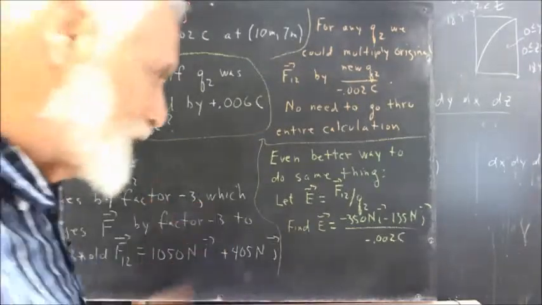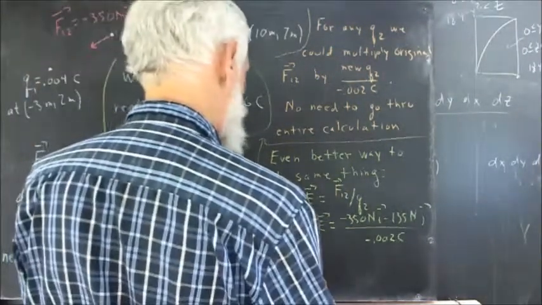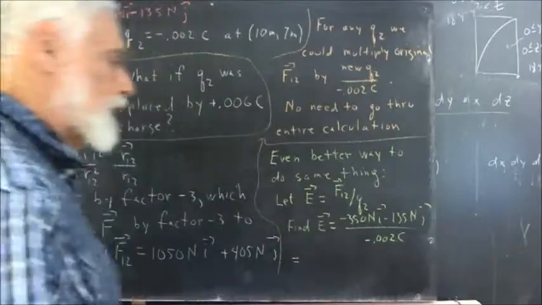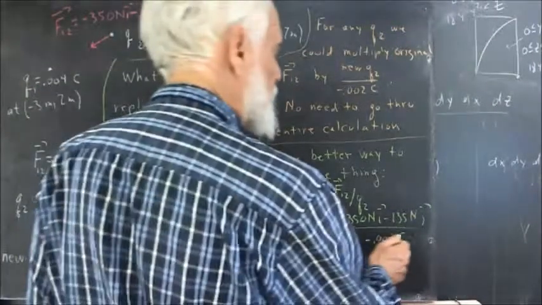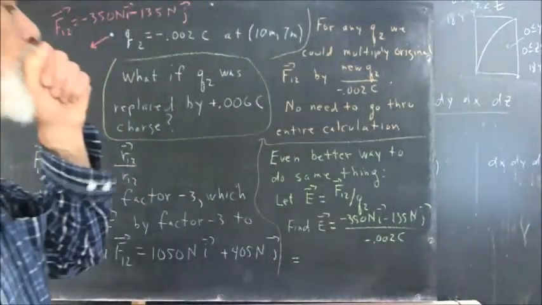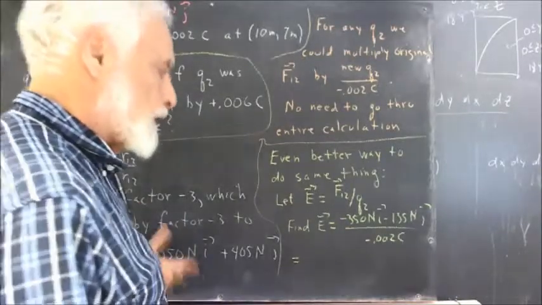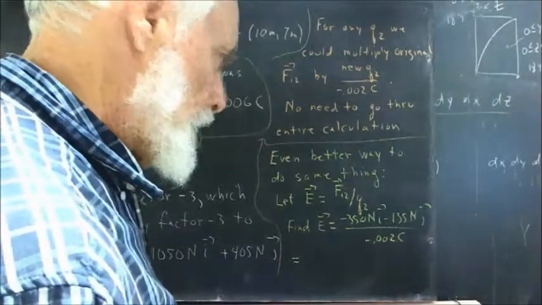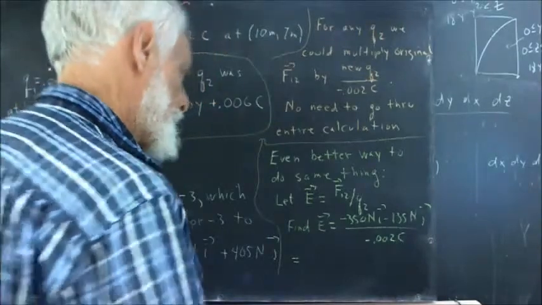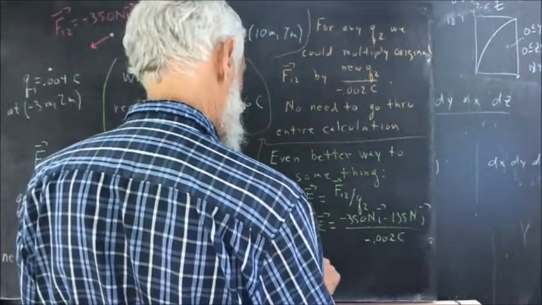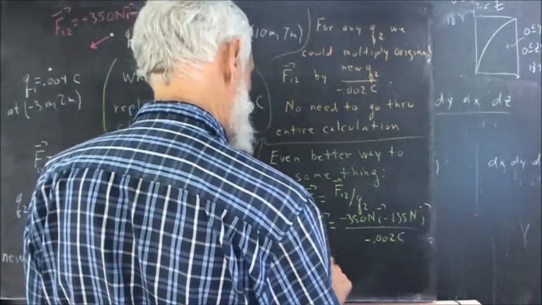If you haven't, you should calculate it. That's going to equal, well, dividing by 0.002 is the same as multiplying by 500. And 350 times 500 is 175,000, I believe. So that's 175,000